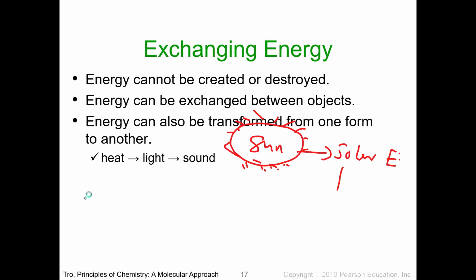So when plants generally absorb this solar energy, then it converts the solar energy